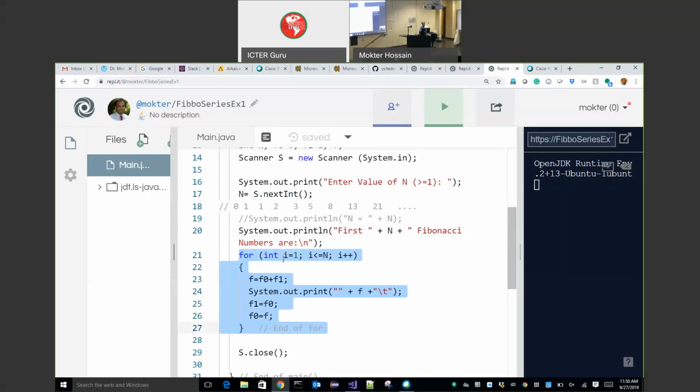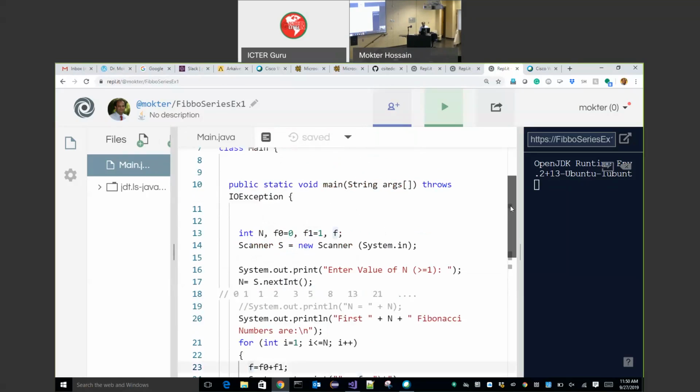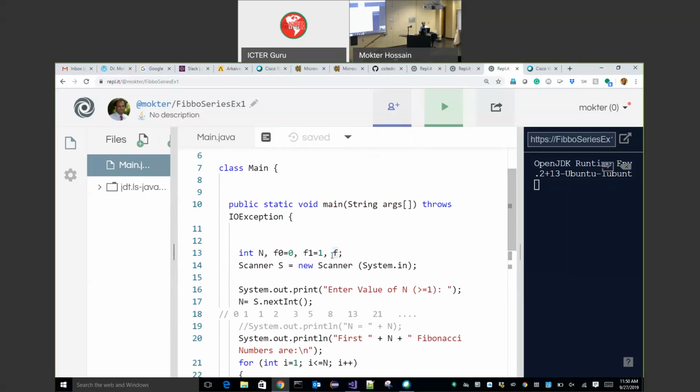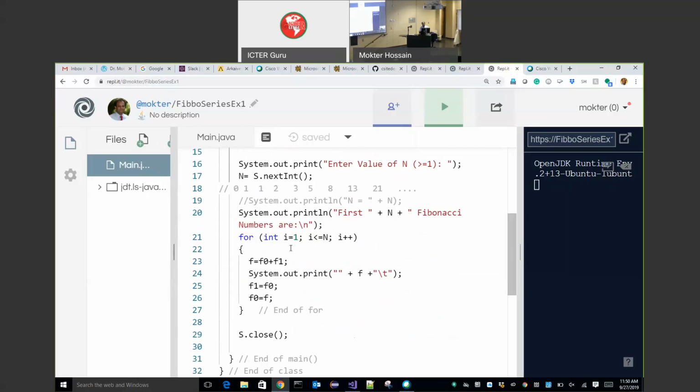Actually, this is a for loop. Initially, I put f0 equal to 0 and f1 equal to 1, and f is 0 by default. Then what I'm doing here is f equal to f0 plus f1.